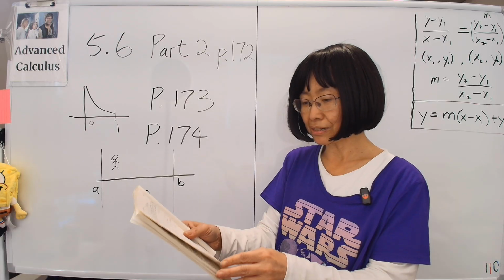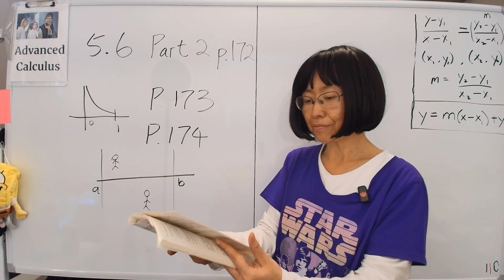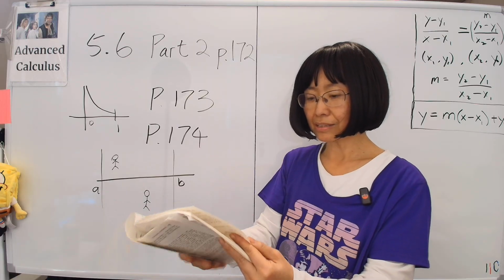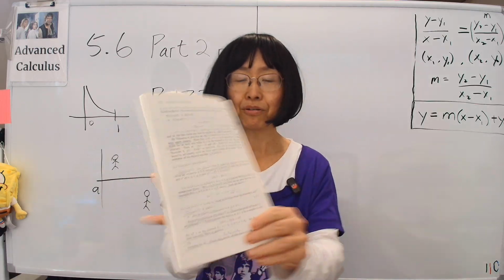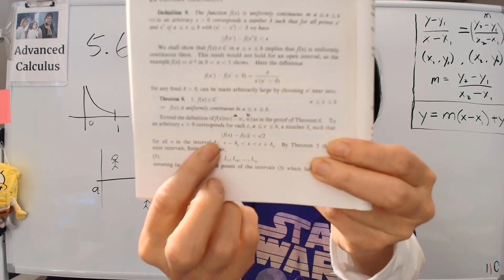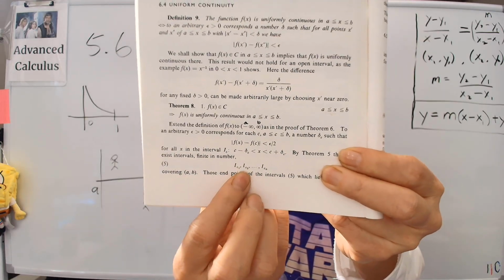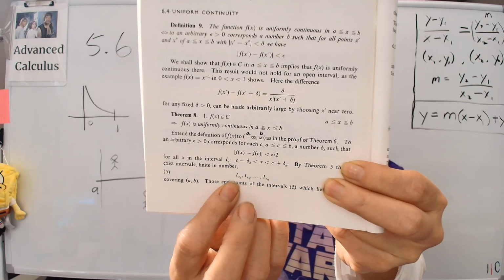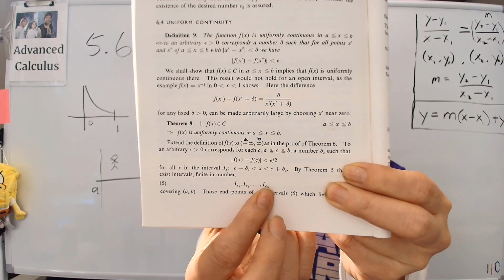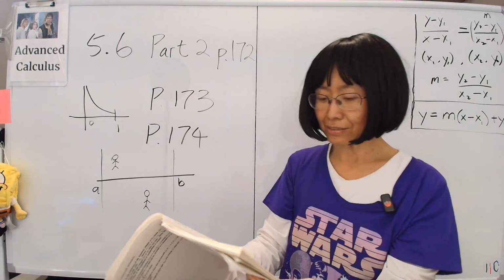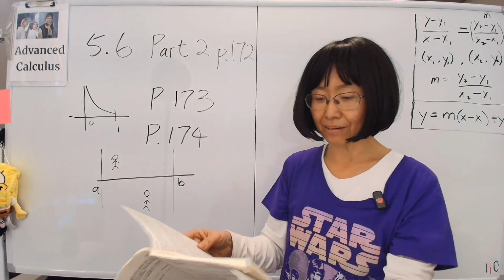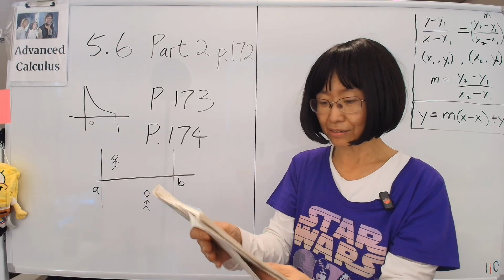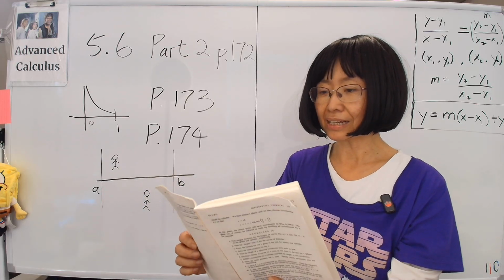Now the sequence of points, where do we get the sequence of points? That's from the previous page, in the proof of theorem 8, where we have, remember, if we were given epsilon, then the whole interval can be covered by this sequence, the series of points. Those are the points inside the cover, right? And so we have a series of points because we have a finite cover, being uniformly continuous. So there's a finite sequence between a and b such that